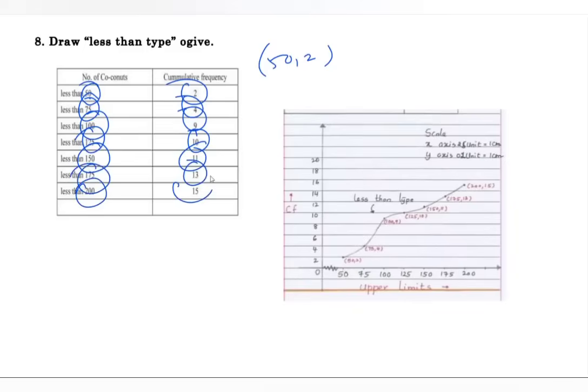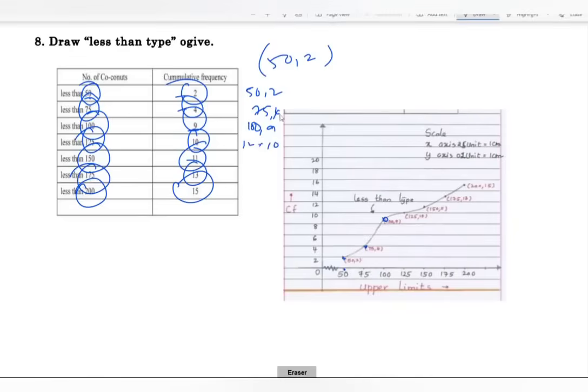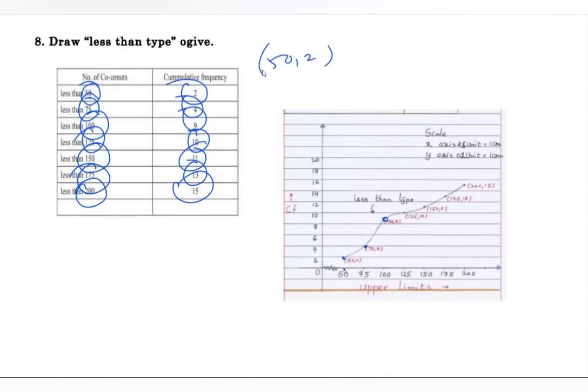175, 13. 200, 15. You can see here 50, 2. 75, 4. Directly you should write the points. What is the point here? 50, 2. Next point is 75, 4. Next is 100, 9. Next 125, 10. Like this, you just write the points and plot them